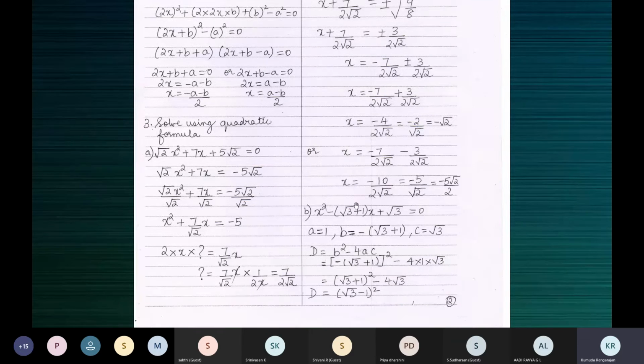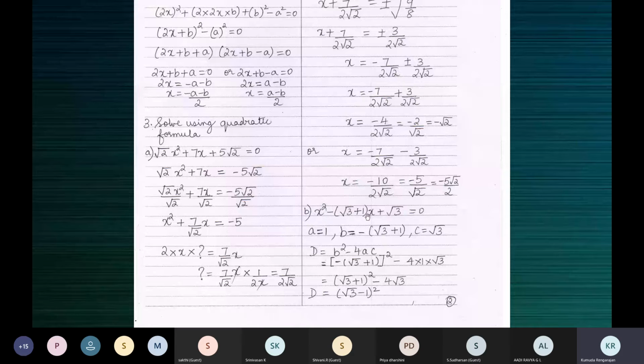For the quadratic formula, we know it should first be in the standard form. Can you see the x square term? Yes. X term? Yes. Constant? Yes. To use the quadratic formula, you must be able to see the x square term, the x term, and the constant. There should be only 3 terms. Yes, we can see them.